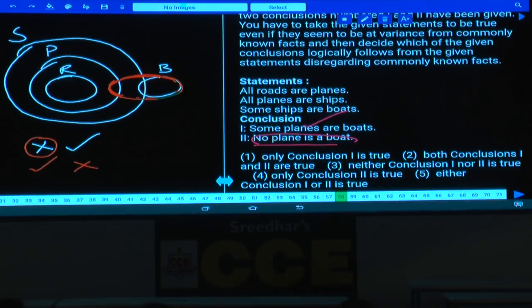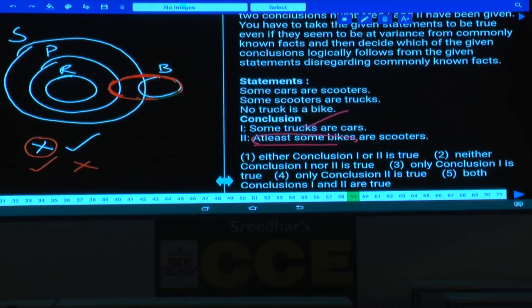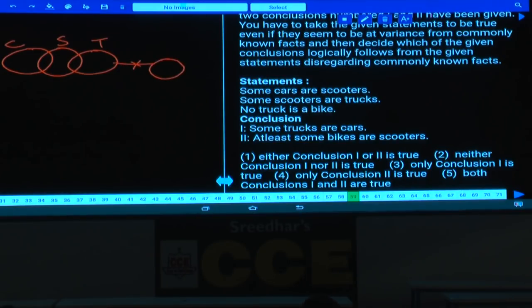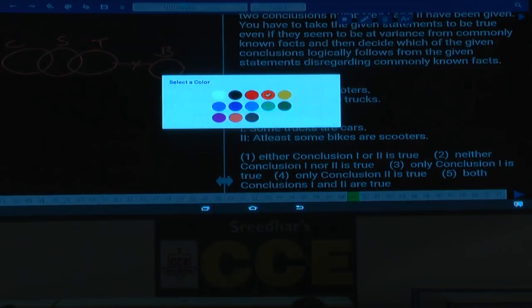Then it will be directly either or. Follow here? And question number 58. Then what about question number 59? Now in question number 59, some cars are scooters. These are the cars which are scooters. And some scooters are trucks. Scooter and truck, there is an intersection between these two. And no truck is a bike. No truck is a bike, no intersection between truck and bike. Isn't it? As no intersection between truck and bike, then tell me